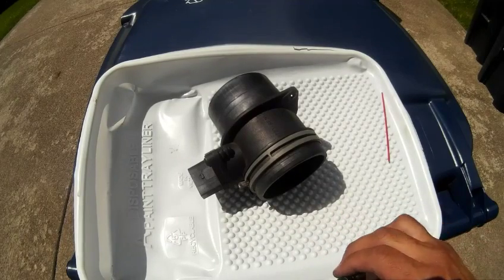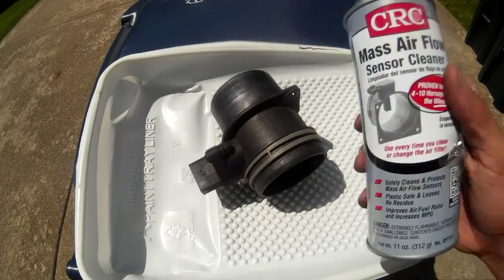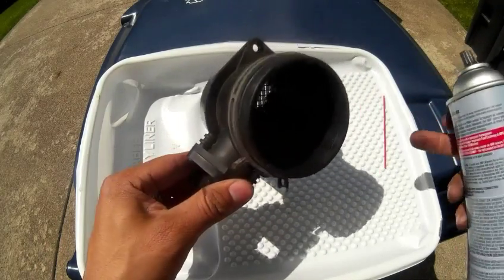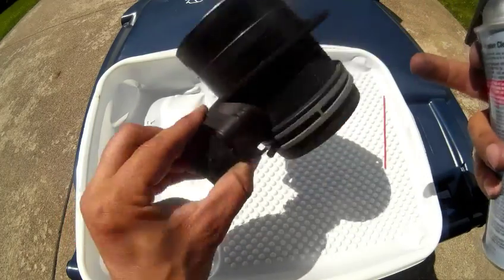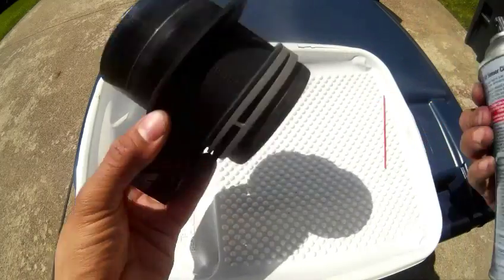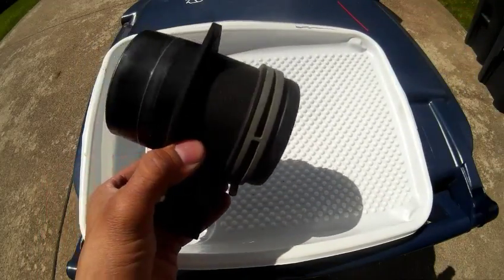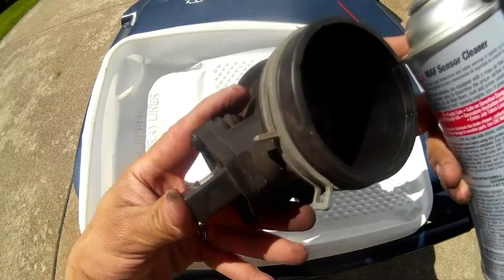Okay, so that's out. Got my makeshift table. Got our cleaner. Got the little red straw. I usually don't use the red straw because you don't really want to touch those wires in there, that screen or the actual sensor itself. So you really don't need it. So I'm not going to use it because it comes out pretty good. So we're going to start with this side. I don't think it really matters, but